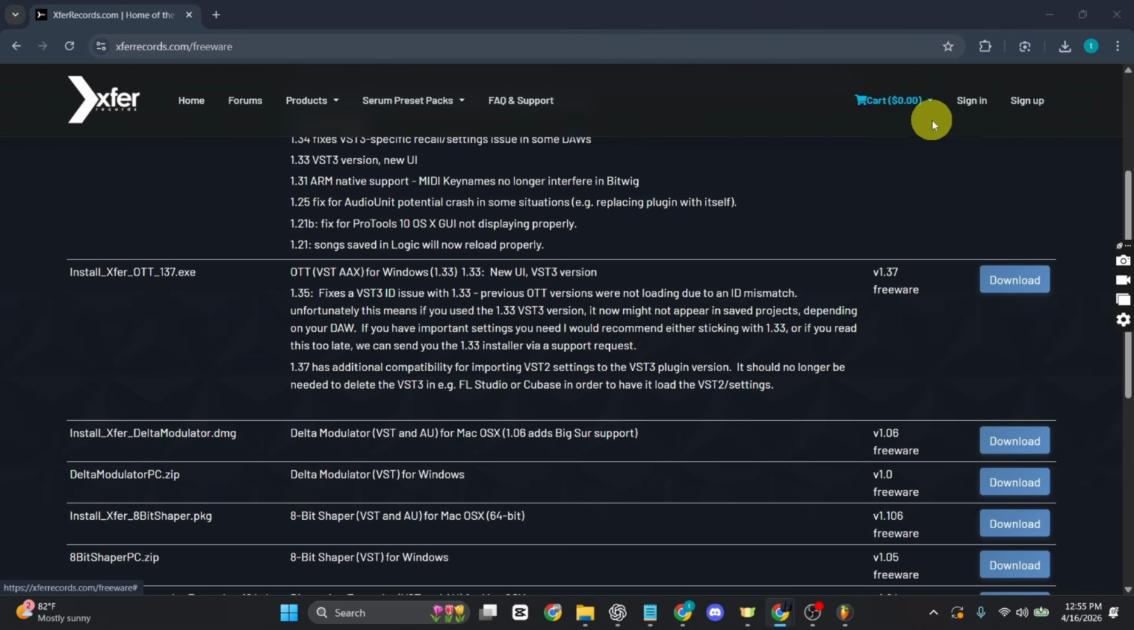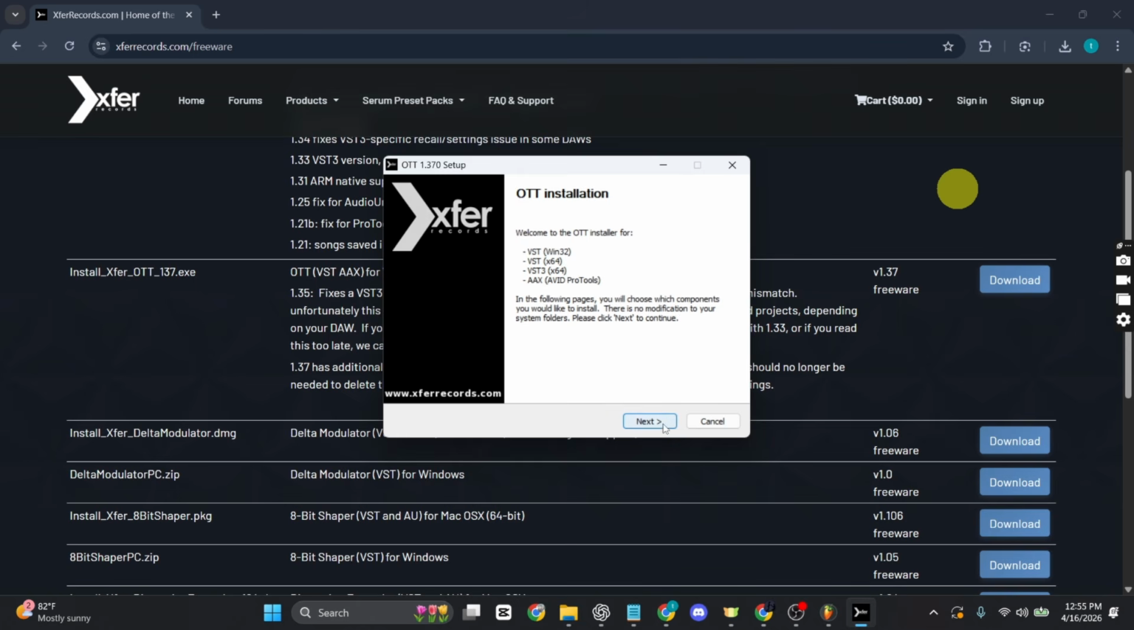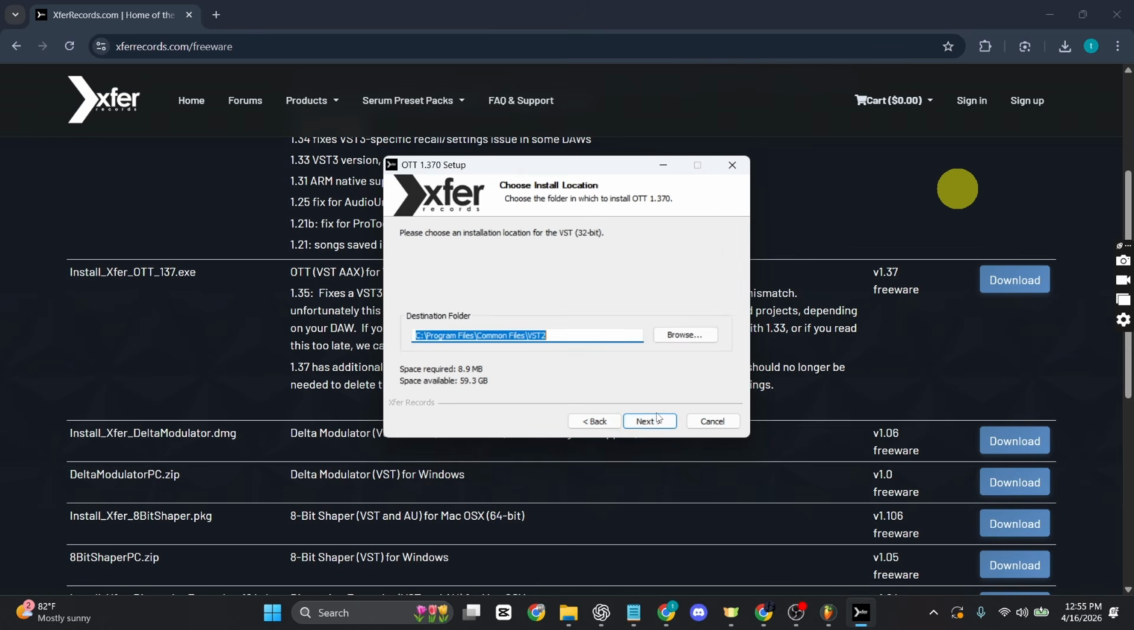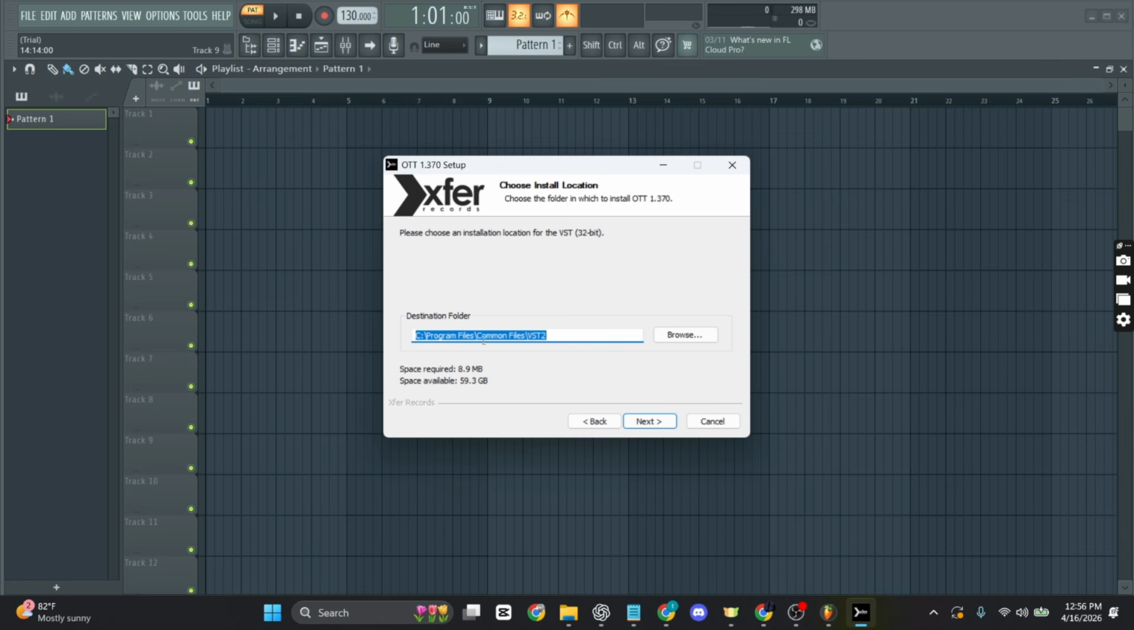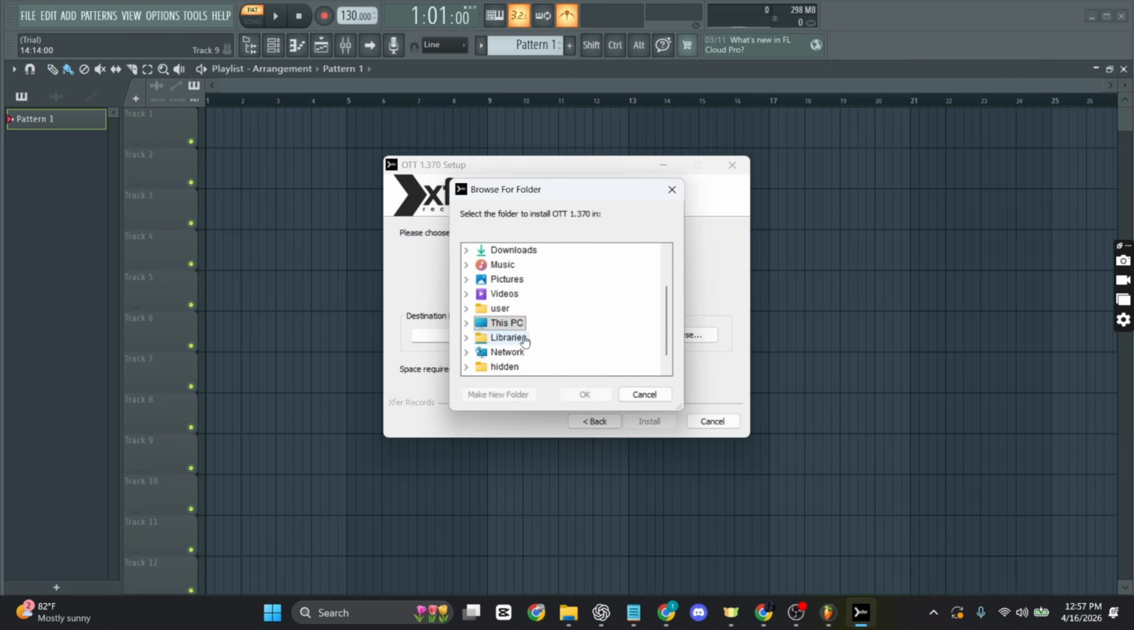Just click on it to open the installer, and after that just click on next, and now select your destination folder. Now you can just leave it at default and click on next. And here you can choose your installation location for your VST file. So just click on browse, and if you are not sure where you want to save it, so let's start